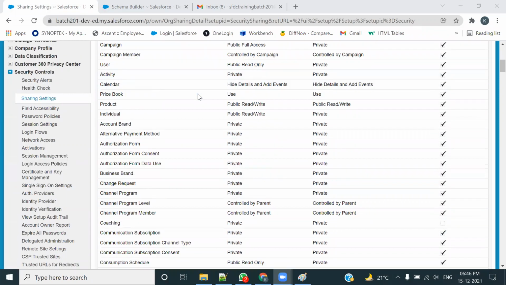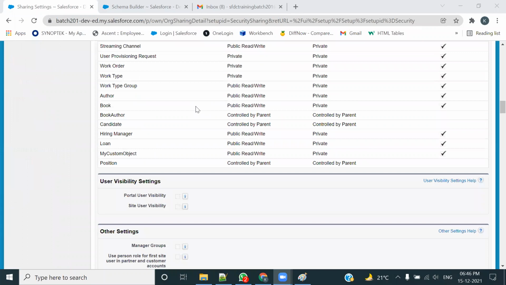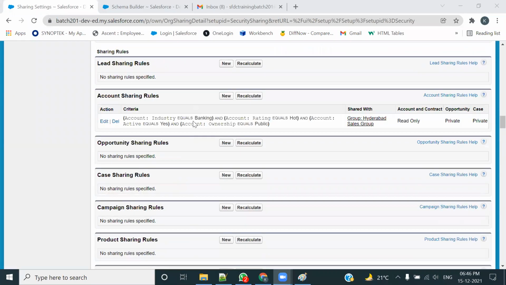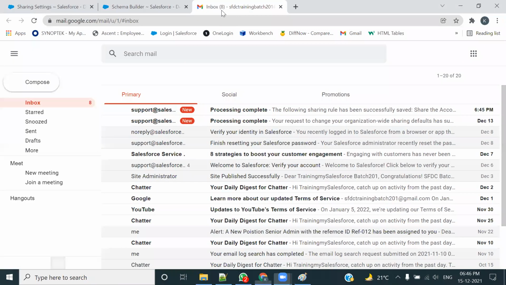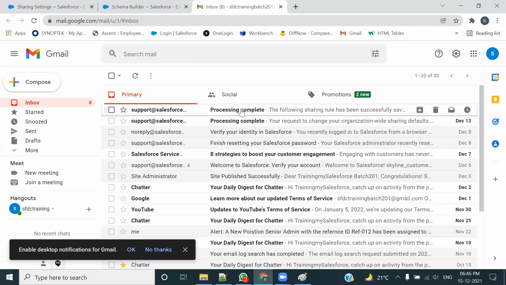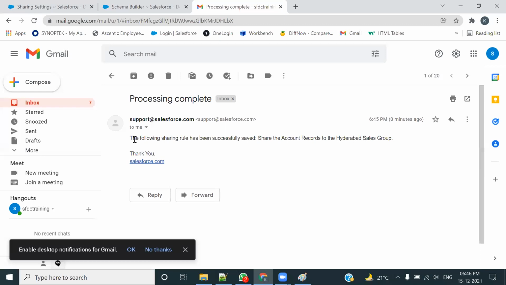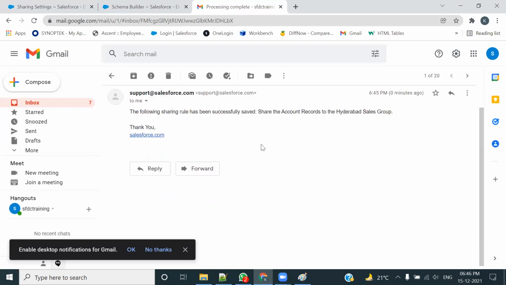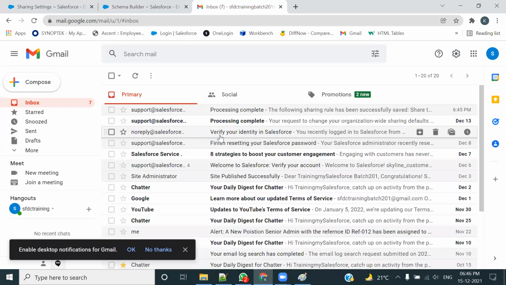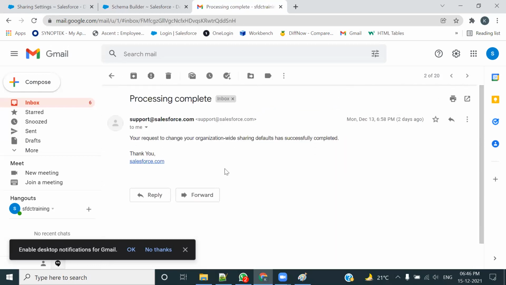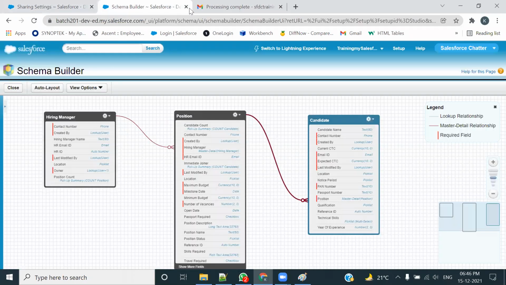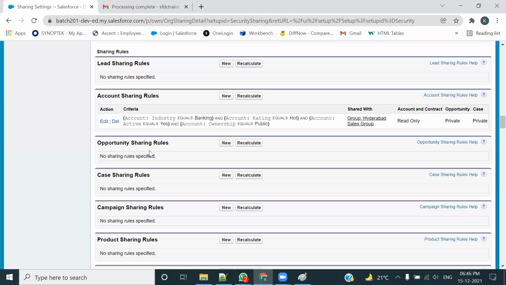ओके, सो अब यहाँ पे कैसा दिखता है, जब तक आप देखो, जब तक उसका कैलकुलेशन चालू है, ठीक है, तो यहाँ पे इस तरह से लिख के आता है, एंड देन प्रोसेसिंग कंप्लीट। दिस अब ये होगा आपको: द फॉलोइंग शेयरिंग रूल हैज बीन सक्सेसफुली सेव्ड। तो ये इस तरह से आपको एक एक्नॉलेजमेंट आ जाती है। दिस मींस ये प्रोसेसिंग आपकी हो चुकी है। तो आपको क्राइटेरिया यहाँ पे सेट है, क्राइटेरिया हैज बीन सेट, ये आपका क्राइटेरिया बन के तैयार है।